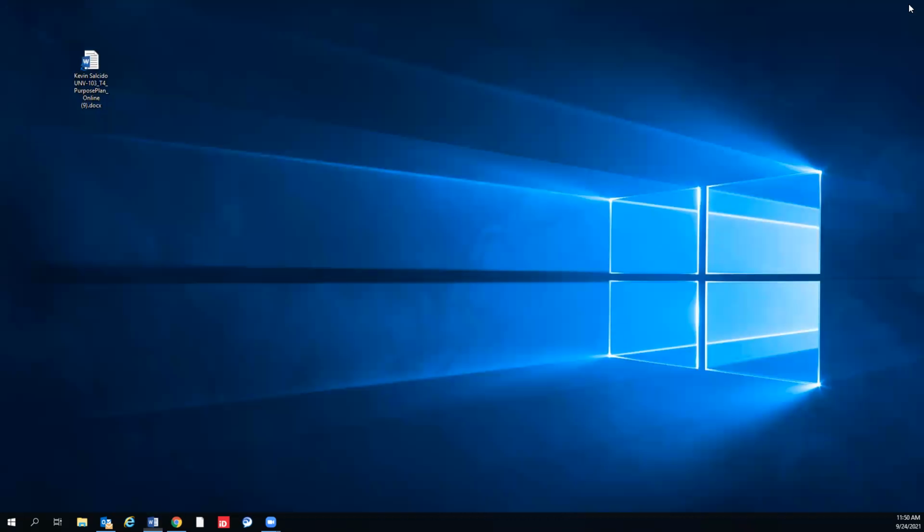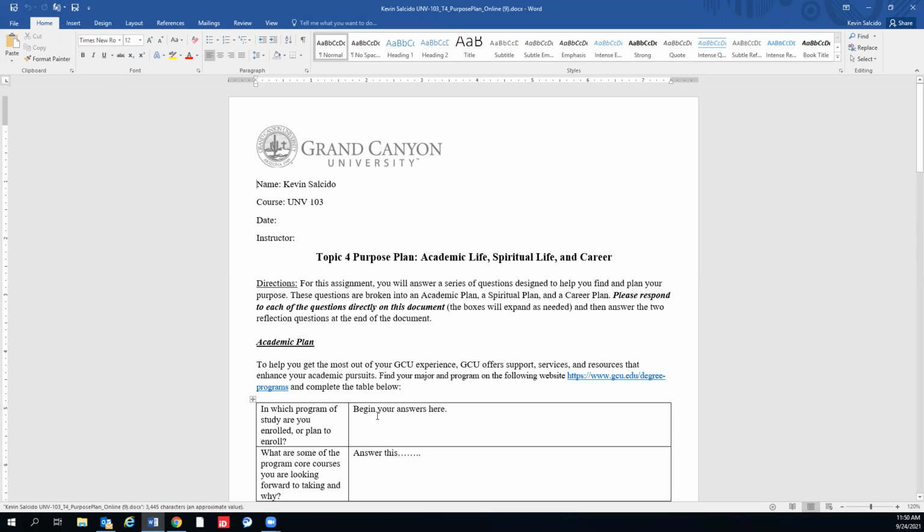So let's say I close this out, exit, and then go back in, and it loads up. Notice how my information is still there. Okay, so you click save as at first, when you first download it, and then as you're working on it, just click save. Just click save up here. All right, those are the two different ways. Then you don't have a million documents of the purpose plan or whatever assignment it is. You don't have a million of them going at once, and you're able to